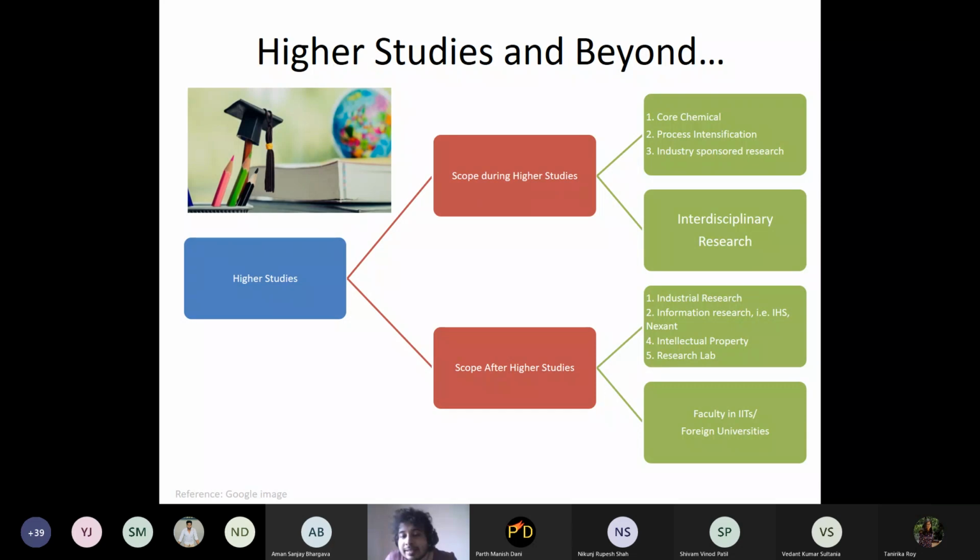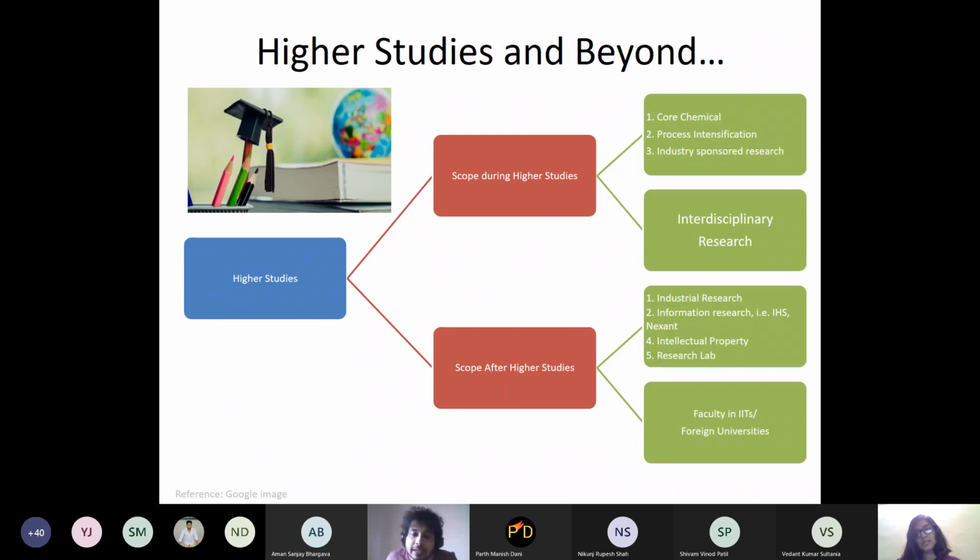And then there are research labs. If you go abroad, lots of research labs are there where you can have lots of scope in contributing using your niche skill sets. Say you are very good at a bio-related application or composite making, or you worked in carbon nanotubes, for example, or on COVID-related medicine. All these kinds of research labs are there. You can find out about these areas, these are the scopes available.